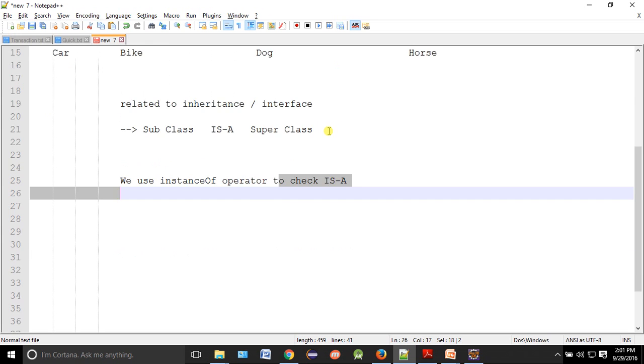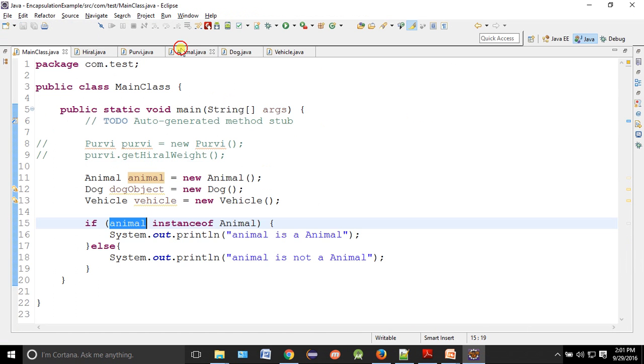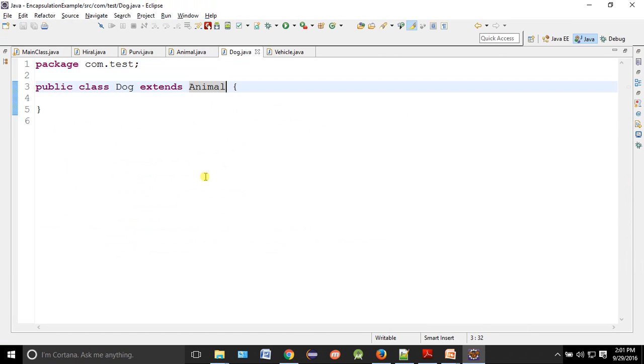Okay, now try to understand. I'll go over there to dog. Dog is an animal. Sometimes you also have implements, and that also follows under your is-a only. Say dog implements something like Buildable. Then what will happen? Dog instance of Buildable is correct, so it will give you true. Implements or extends, both will work for instance of.